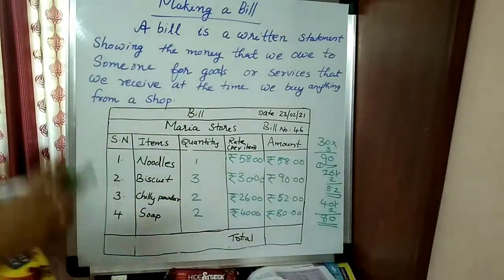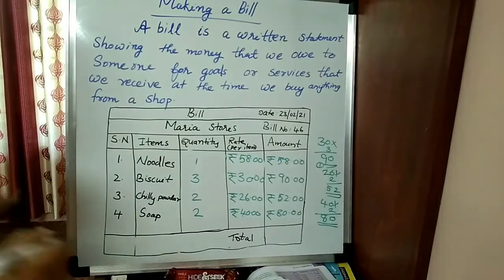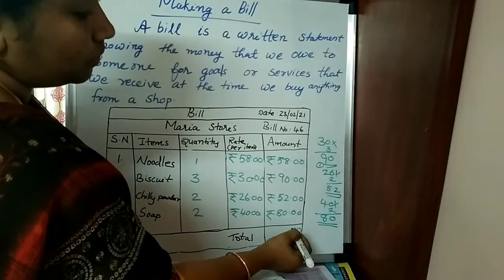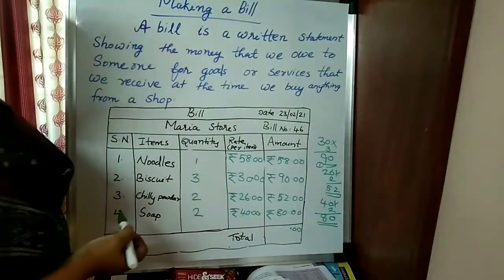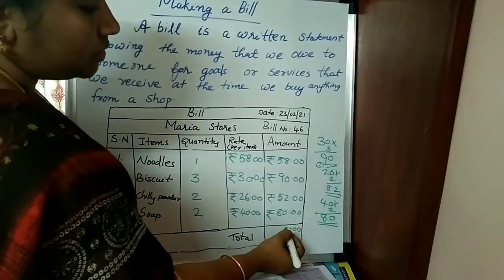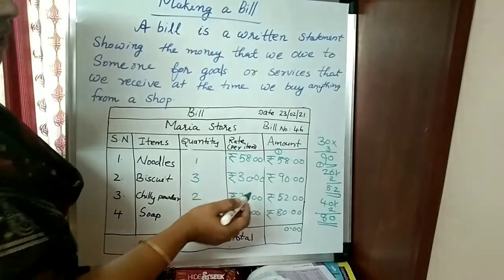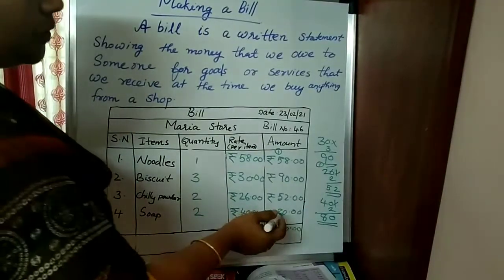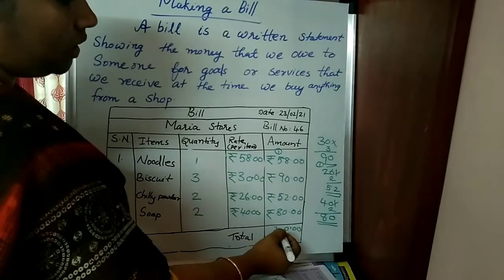Last step, you add the given amounts. That is the total amount. Here all zeros are there. So 0, 0, 0 paise. Then you add the rupees part. 8 plus 0, 8. 8 plus 2, 10. 10 plus 0, 10. 0, carry 1 over here. 5 plus 1, 6. 6 plus 9, 15. 15 plus 5, 20. 20 plus 8 is 28.